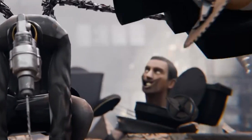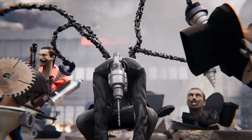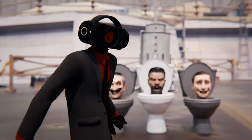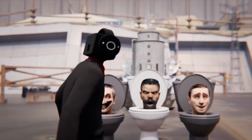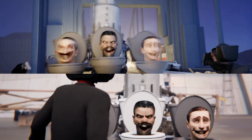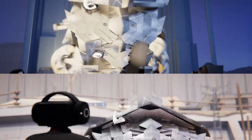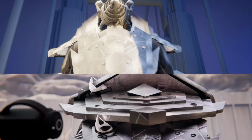And on the right, he has something round, similar to a metal detector. None of this helps though, and Drillman flushes that toilet. At this moment, the Skibidi trio moves on to the Black Speaker Man, just like in the 15th episode. And I have a feeling that these guys are only needed for this bouncer Drillman to take another strike, exactly